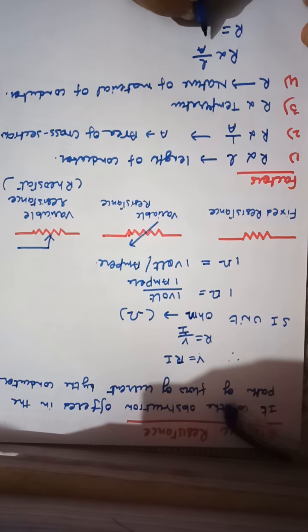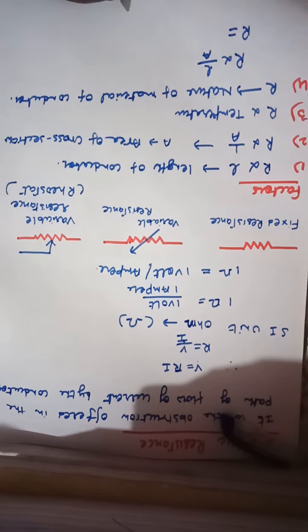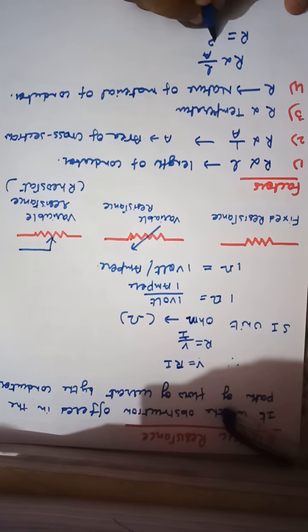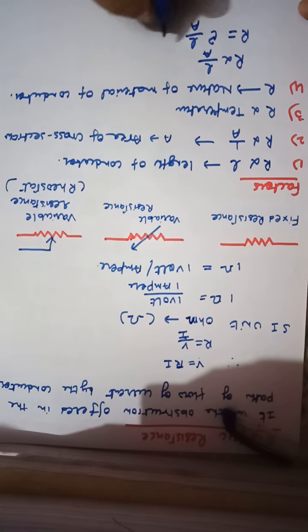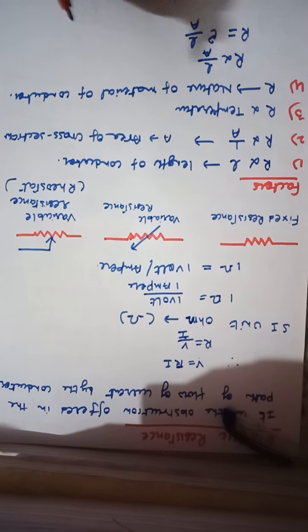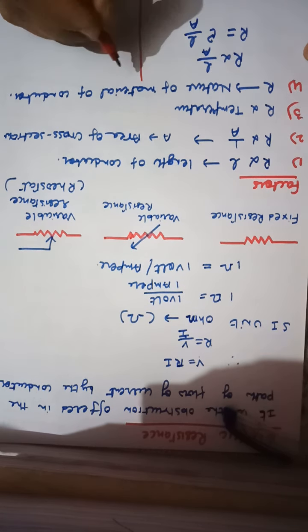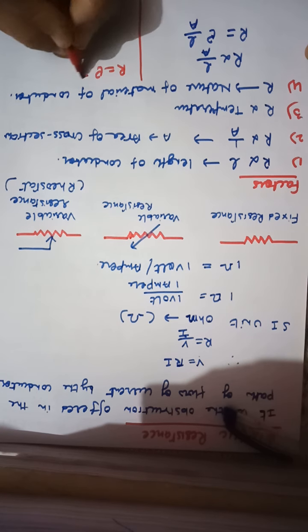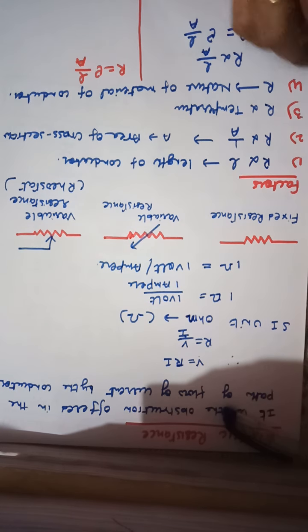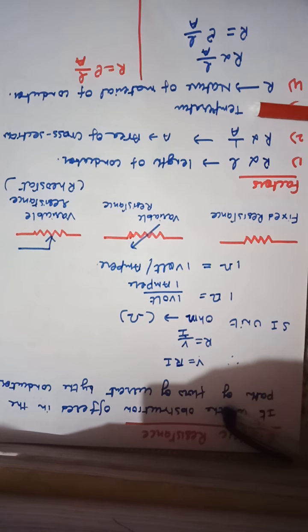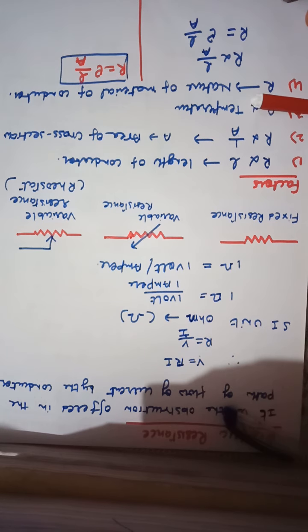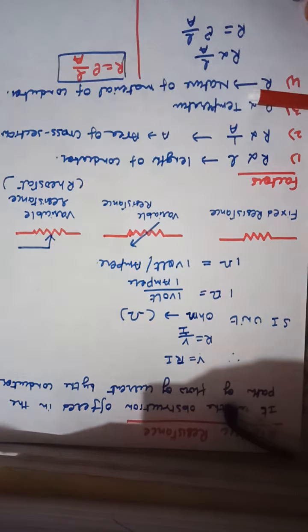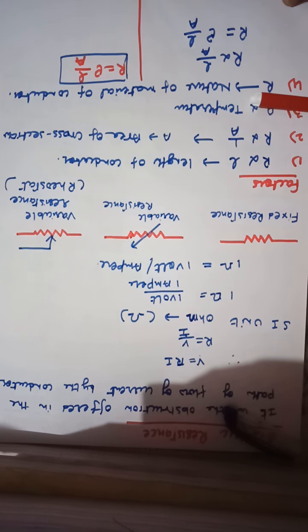Whenever you remove the proportionality sign, a constant comes into the expression, and here the constant is called rho, multiplied by L upon A. So R is equal to rho L by A. This is the formula you have got, rho L by A. Now this is another formula of R you have got from this condition. One formula you have is R is equal to V by I, and the second formula is from the factors.